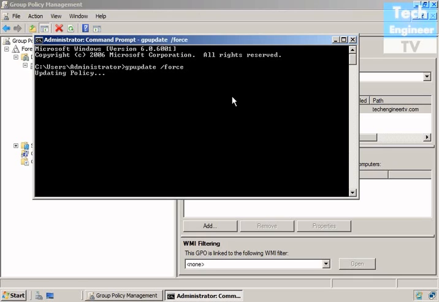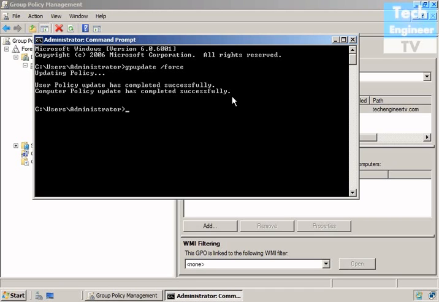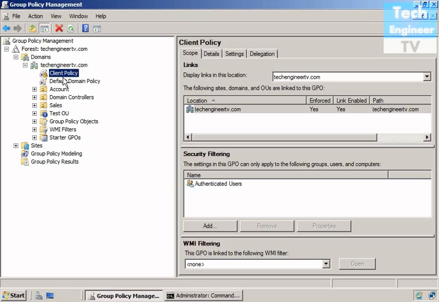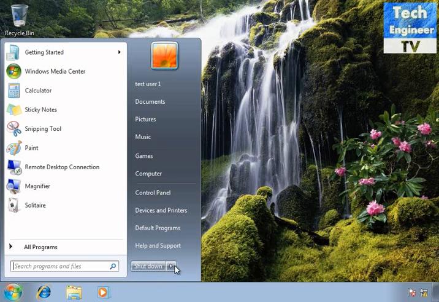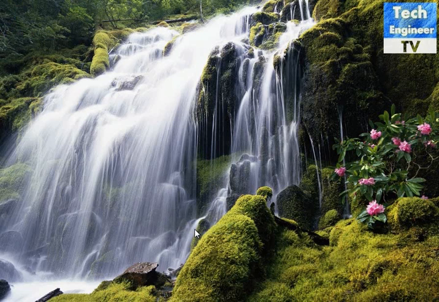So gpupdate /force. So currently updating the policy. Now for any particular OU, for example, if it applies this block inheritance, then also that inheritance is not going to apply, and users will forcefully have to follow that